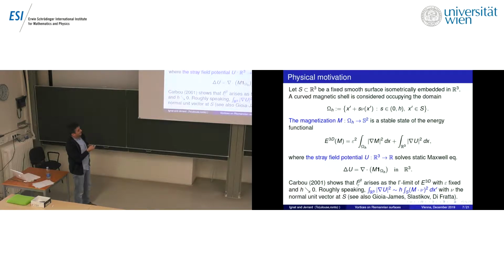and then you will consider the easiest ferromagnetic model, where you have what is called the exchange energy, so this Dirichlet energy, and then this non-local interaction at long range between the moments, that is the stray field potential, that will penalize the flux of your magnetization. So this is something that lives in full R3, okay? But your magnetization lives only inside your shell. So when you look at this term, you will see that this will penalize the interior divergence and the normal